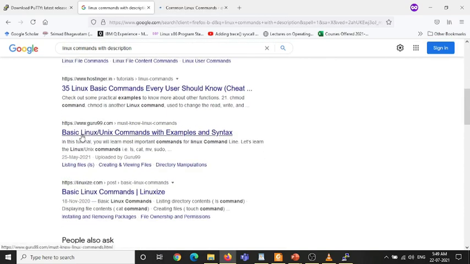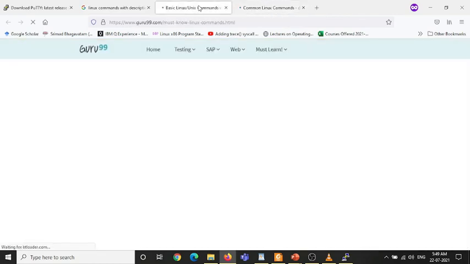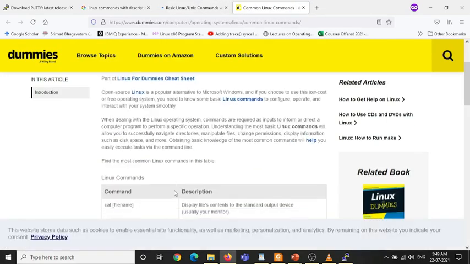Like there is one, Guru99. There you can see so many commands on Linux. I am waiting for the website to show its content. Here you go.